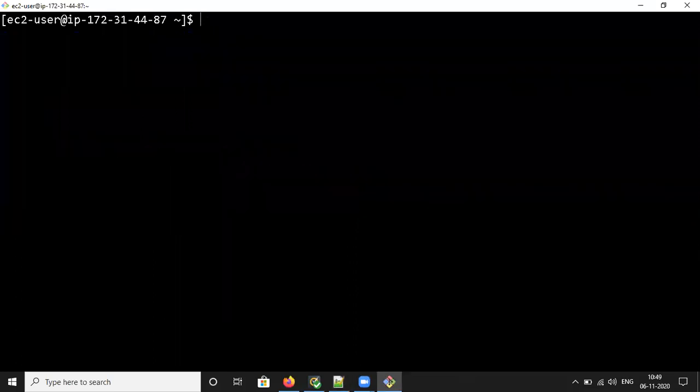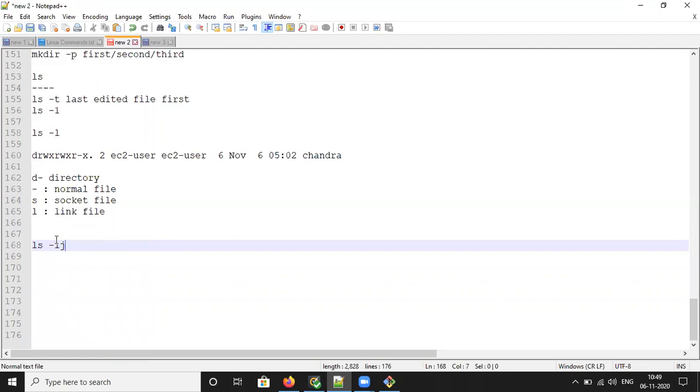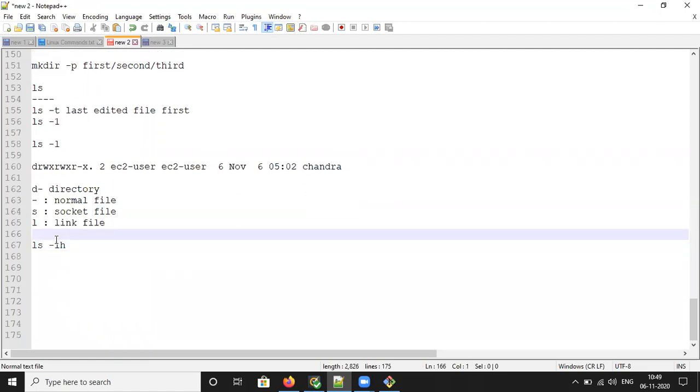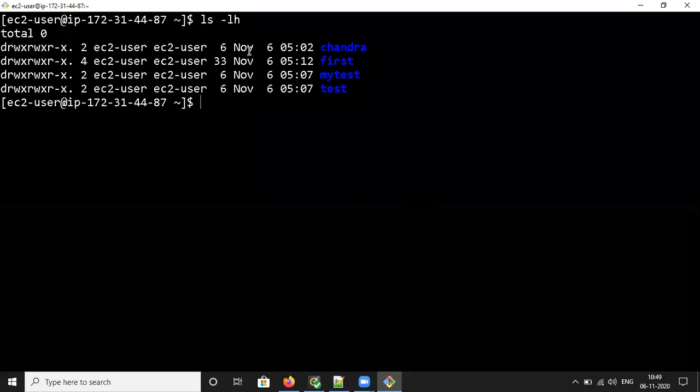Now you can use ls -lh. What will it do? It will display in human readable format. This means ls -lh, H means human readable format. See, you can see it as a readable 33 KB size. So it will display the file size in human readable format. For that you have to use ls -lh, and the other command is like